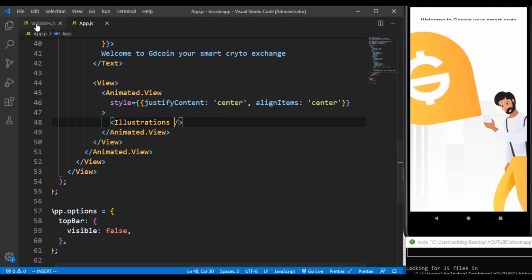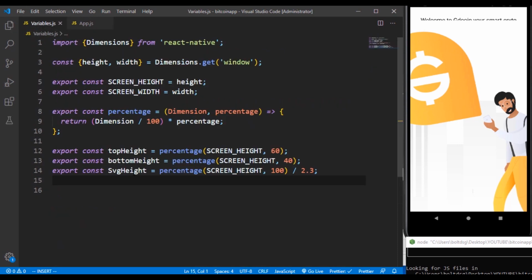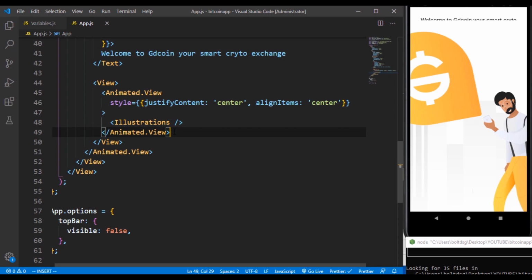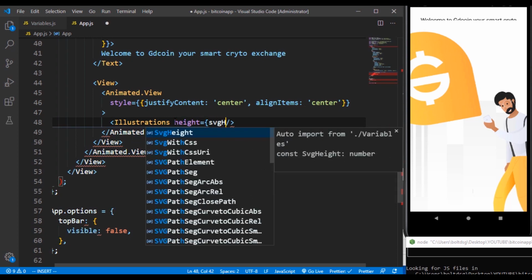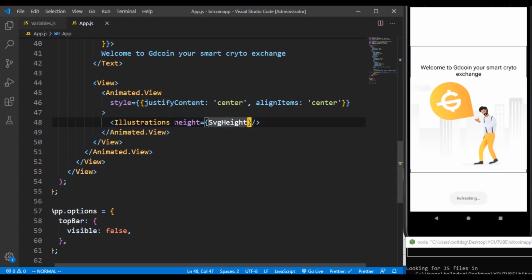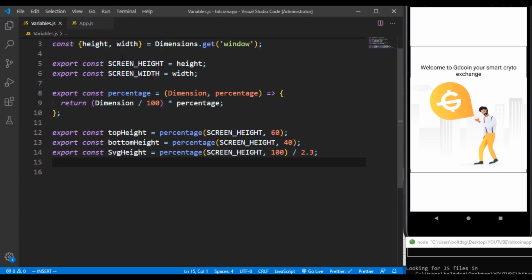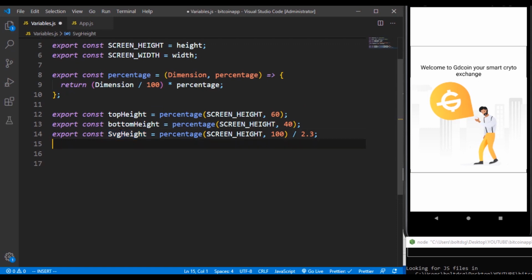So if you can remember, I defined some things over here, SVG height. So we also have to define SVG width. For now, let's just fix the height, then we can find a way to define the SVG width. So the height is going to be SVG height. So let's save, and you can see it's taking shape. So let's come over here and define the SVG width. So the SVG width